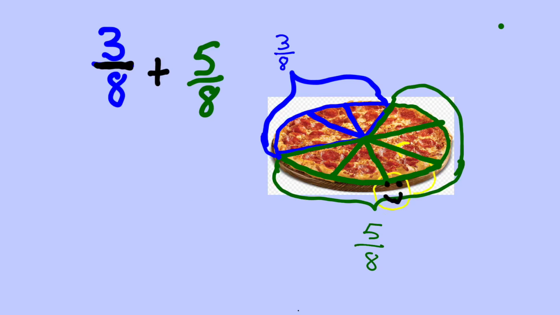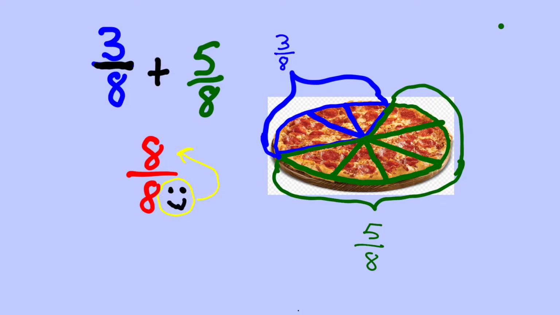This pizza has been divided into 2 sections. One section is called 3/8. The other section is called 5/8. We're going to find the total of how much pizza is here. 3/8 plus 5/8. Both these are counting the same thing, which is eighths of a pizza. So we'll add the 3 and the 5. And we'll leave the 8 because that's just identifying what's being counted. The total is